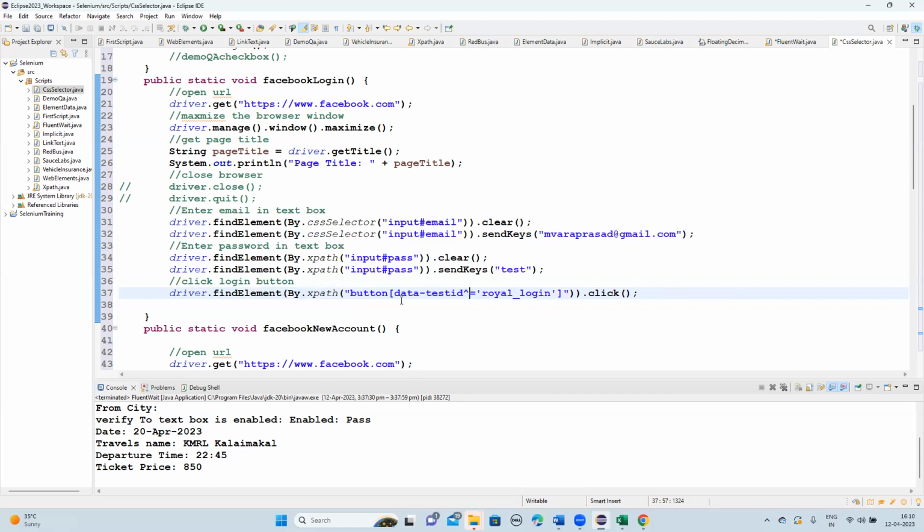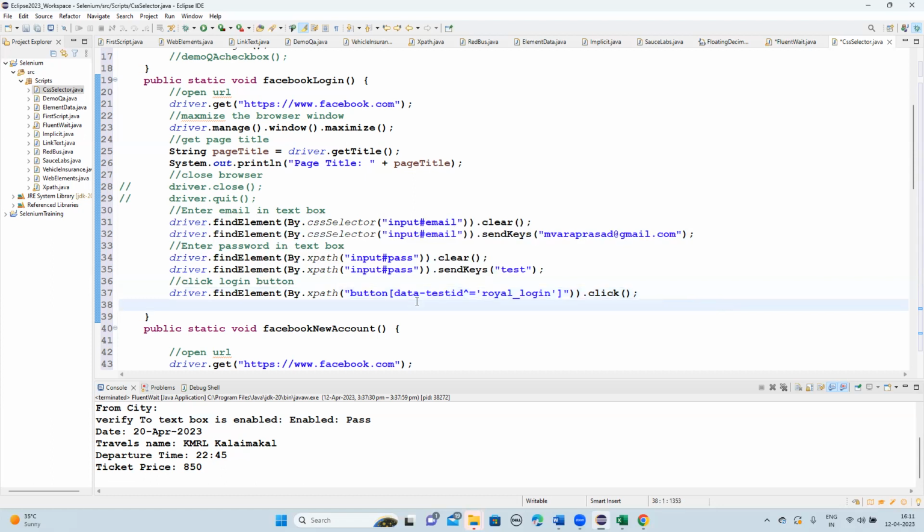That means it will identify a button element with an attribute value which begins with this string. That is the meaning of this. But in XPath, we are writing a method name, starts-with, and then brackets, and inside that we are writing at-the-rate data-test-id, comma, this value. Now we are replacing that using